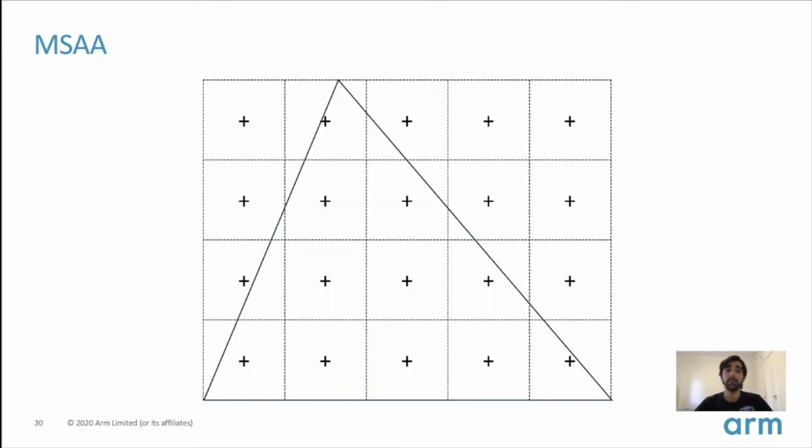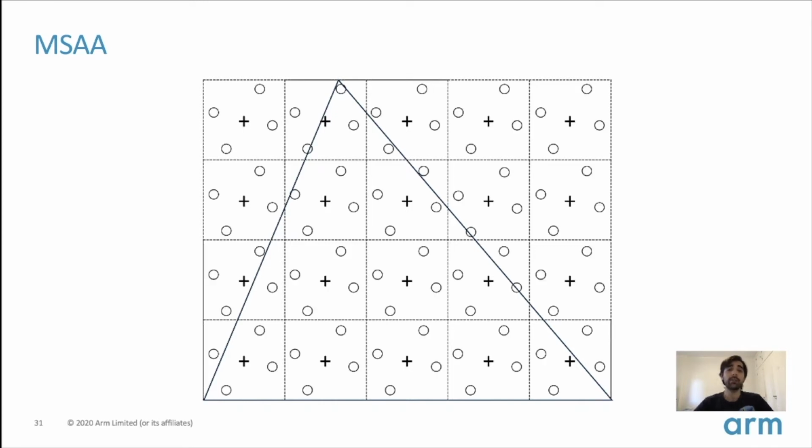In contrast, if we do multisample anti-aliasing, rather than just looking at the center of the pixel, we're defining a set of samples. In this case, we have 4 samples per pixel. And then we are checking for each sample if they lie within the polygon. If they do, we are rasterizing the pixel. I mean, we don't need to just check for the center of the pixel. We are checking for all the samples. And if any one of them is inside the polygon, then it will contribute to the color of the pixel.